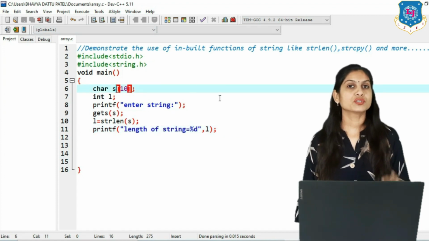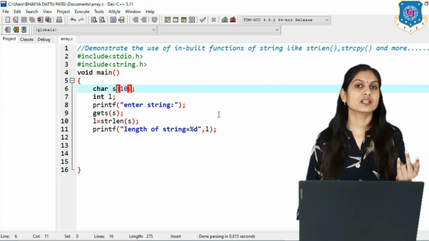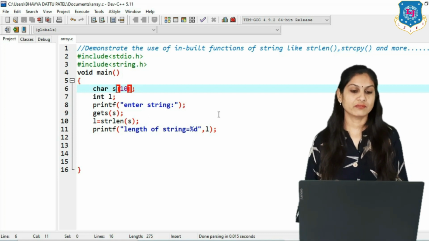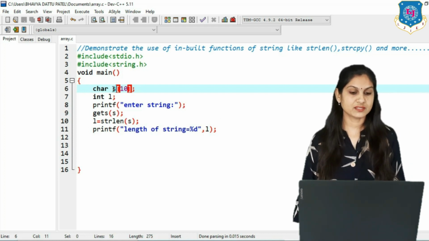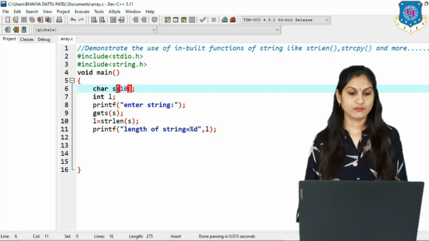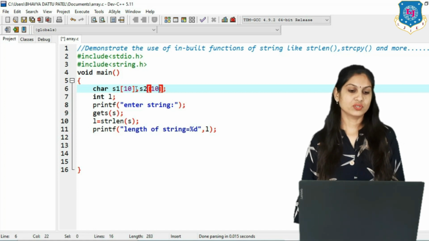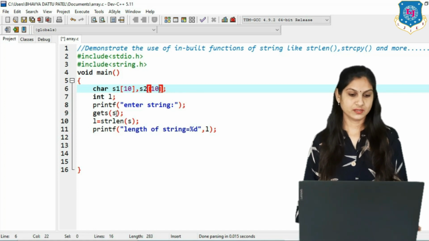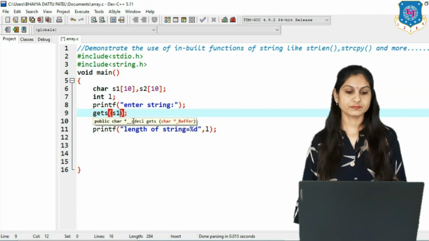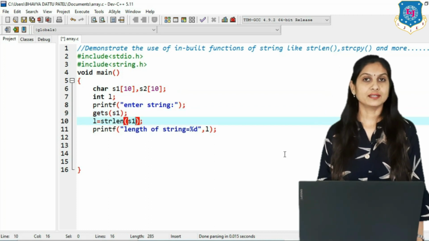Here we want two strings to copy from one string to another, and for that we just change the name: s1 for the first string and s2 for the second string. Clear? Now what is the syntax?